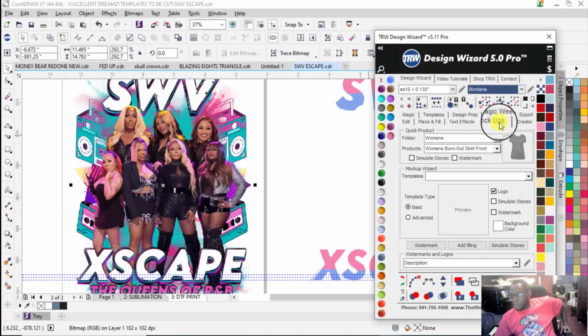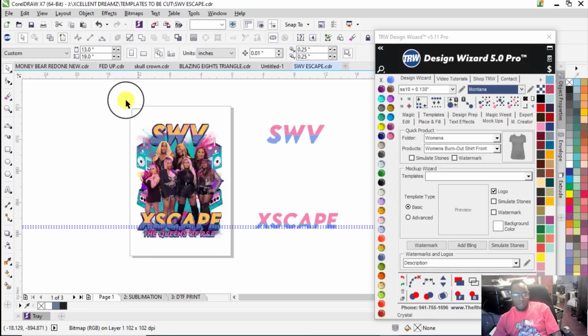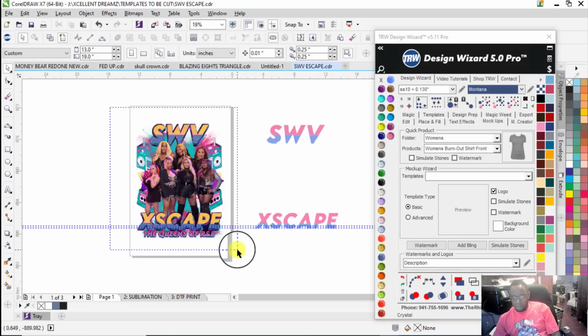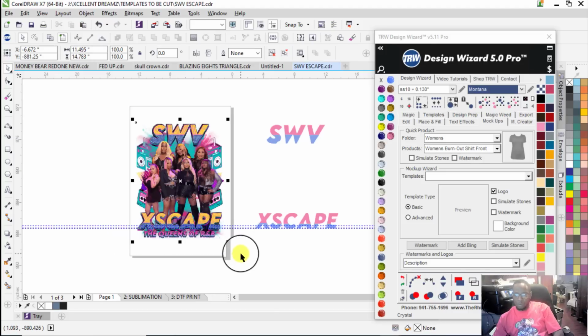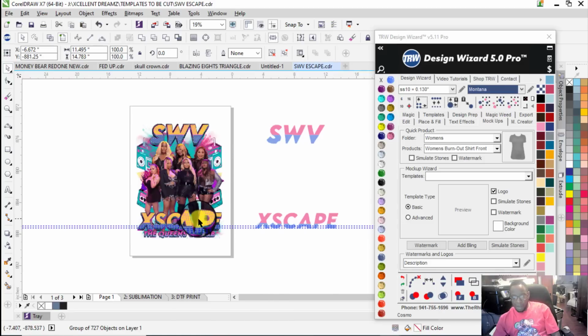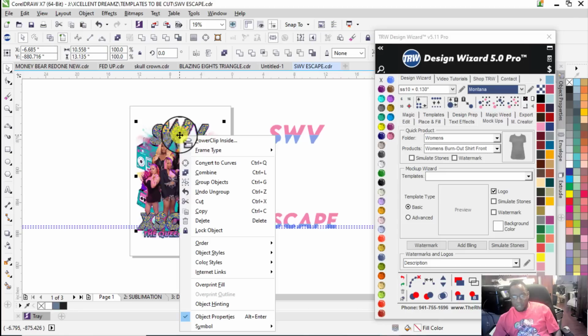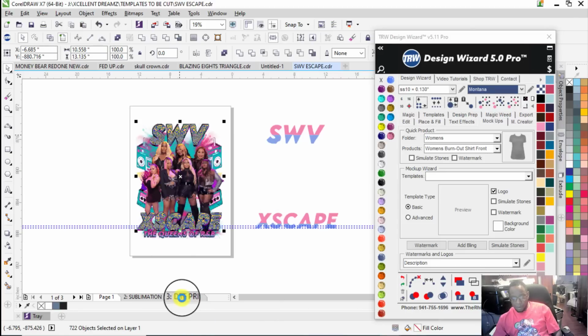Let's show it on the mock-up. Let's choose a burnout shirt. Let's go back here to page 1. Boom. Well, no. Let's just grab all of the stones. Gotta ungroup it all, y'all. Let's grab all of the stones. Right click and copy. Because now we're going to place them